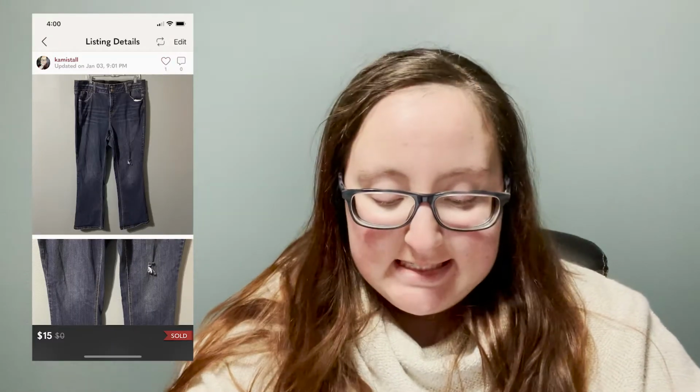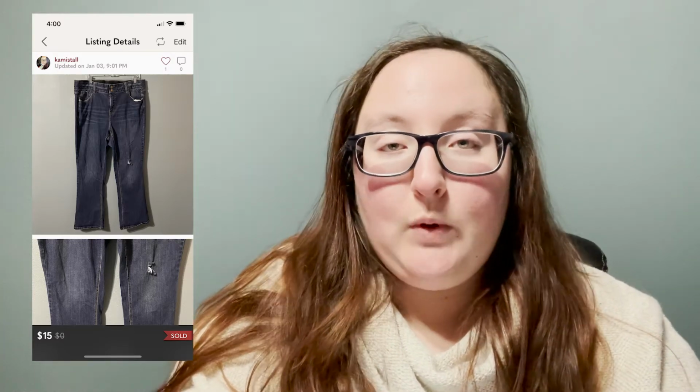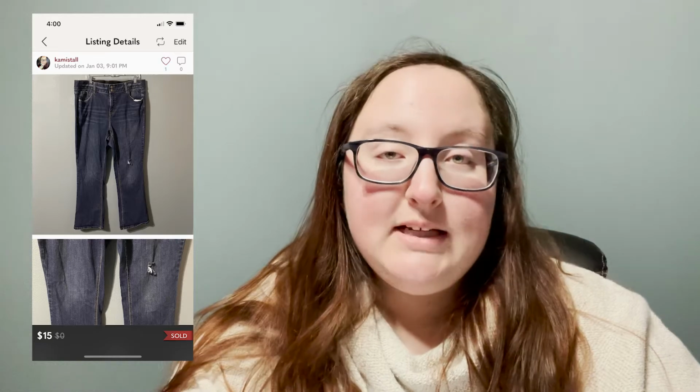On January 3rd, I sold one item, and it was this pair of Lane Bryant bootcut jeans. They sold for $15. My cost of goods was only 63 cents at the Goodwill outlet or the bins. I do like to pick up Lane Bryant if I can get it for $1 or under. It doesn't sell for a lot, and it doesn't sell quickly, but I have had steady sales, and it was,